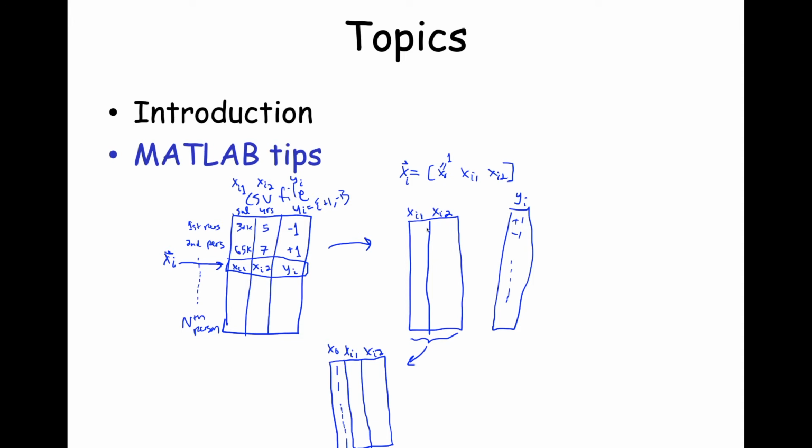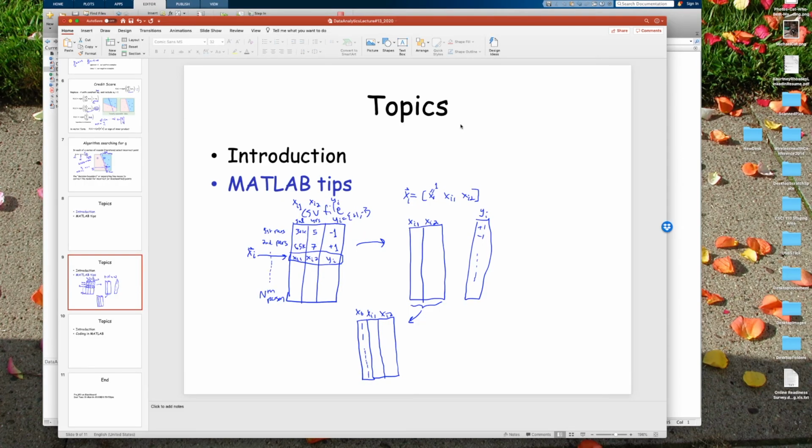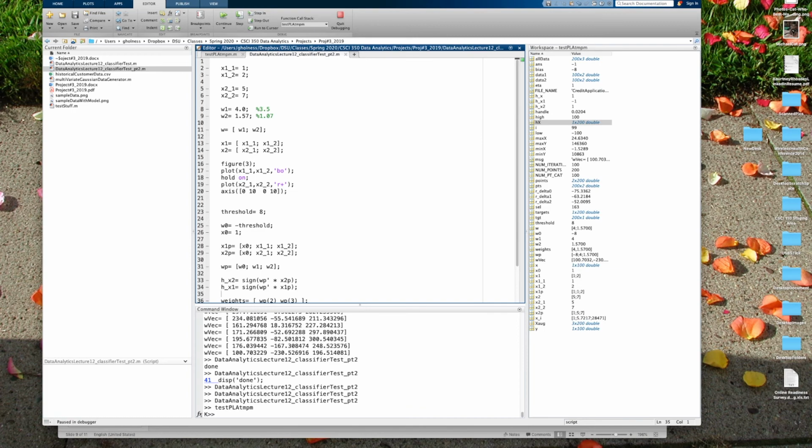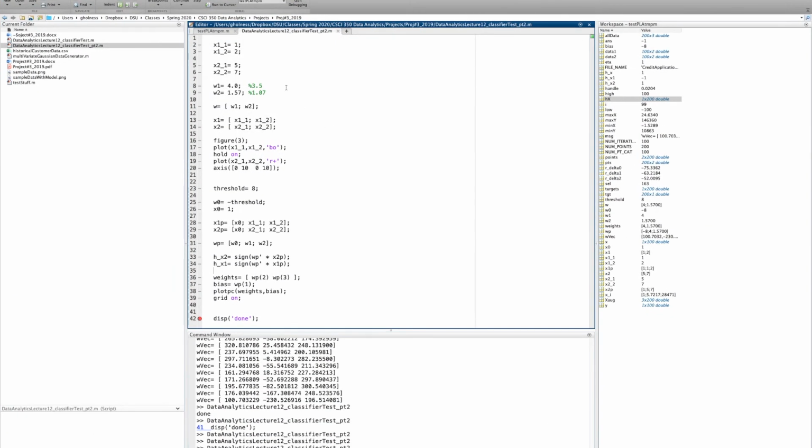And I'm going to exit the show. Let me keep those annotations. And I have MATLAB up here running already. So let's bring that up and let's take a look at it. So I chose variable names to coincide nicely with the theory so that when you go back and you're trying to relate what's happening in MATLAB with what we talked about in class on the slides and in the video,